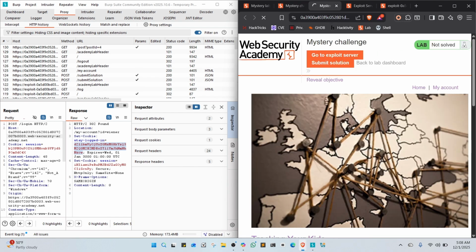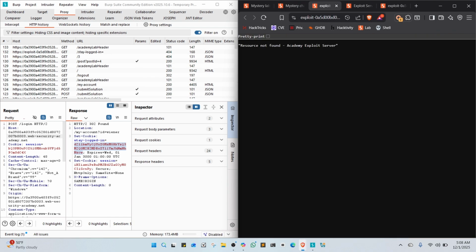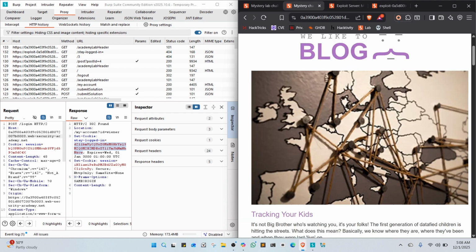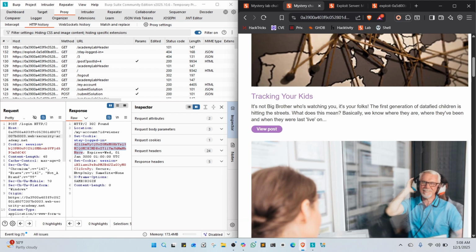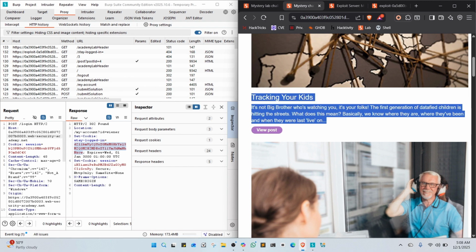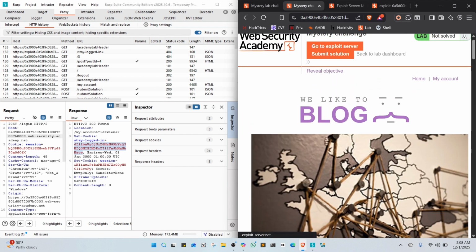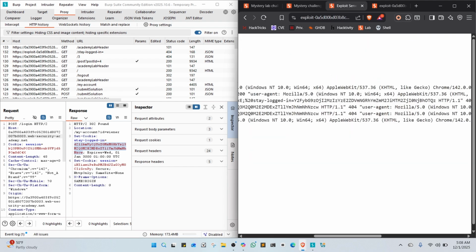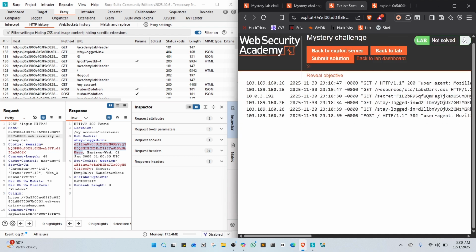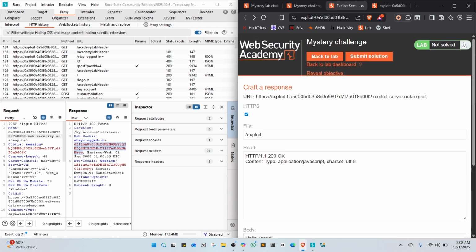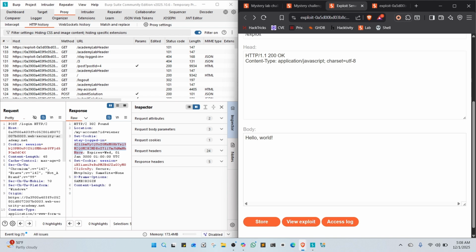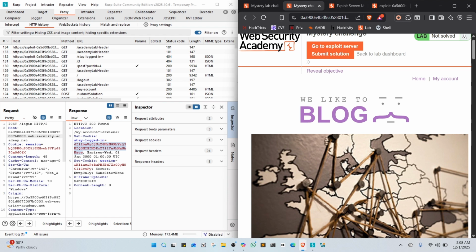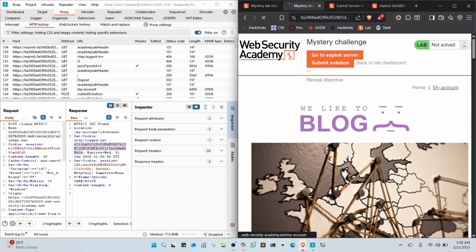As you can see, it's a simple web page. This is showing an error because I've already exploited it. So it will show an error, but if you go to any of these posts, it will just get you to a comment section. I'll show you this later. It has an exploit server with store, view exploit and access log. As you can see, a simple app,